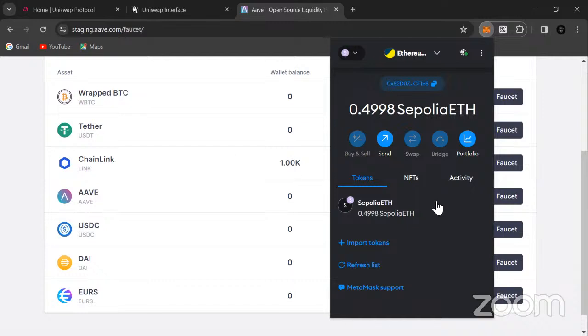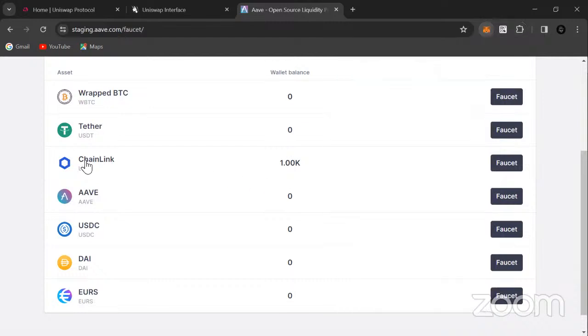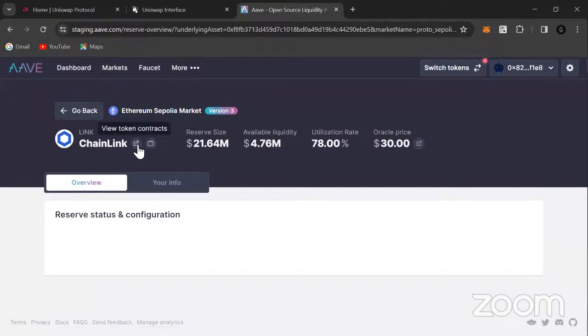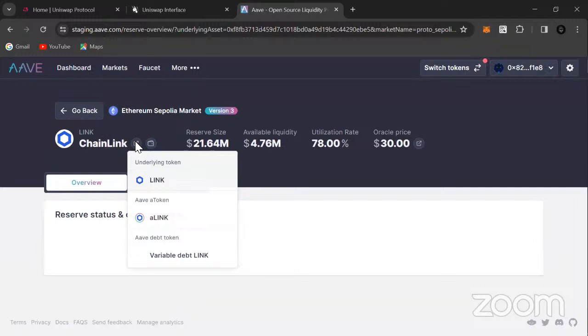So in case you check and you don't see it, you just have to come back to Chainlink, of course, and get the token address for Chainlink. In this case, this one, right?